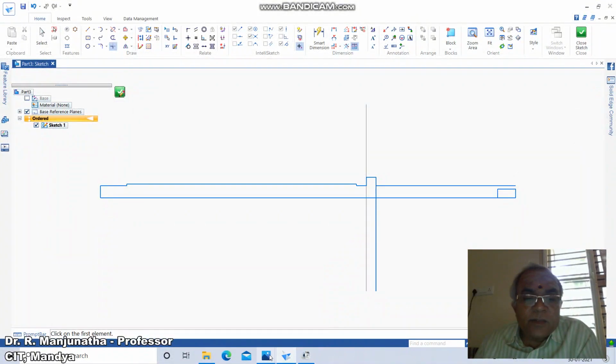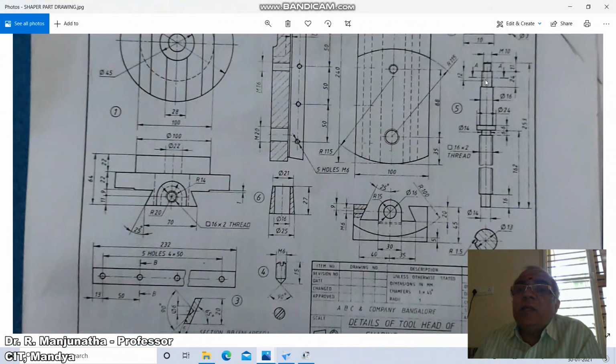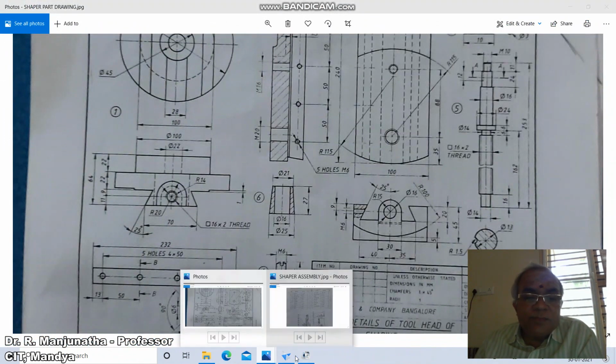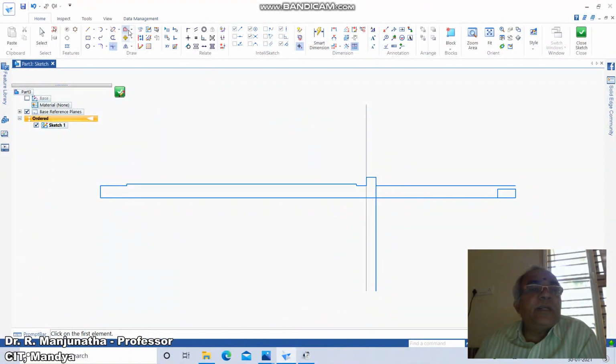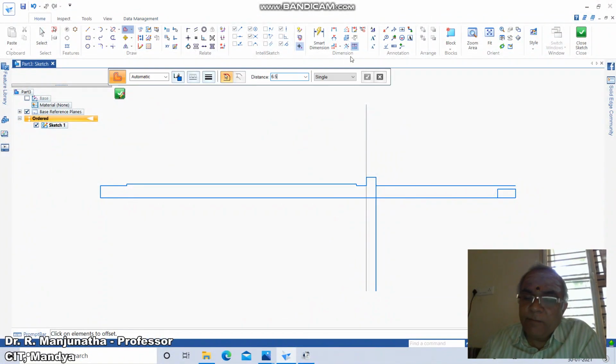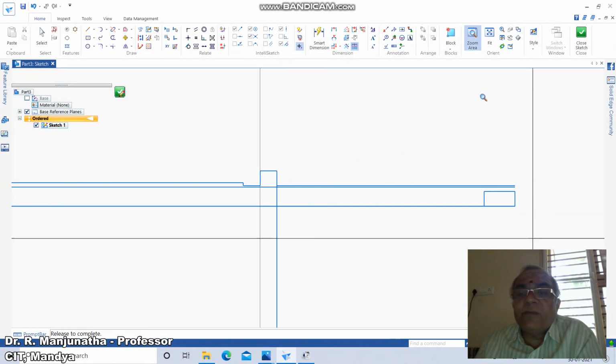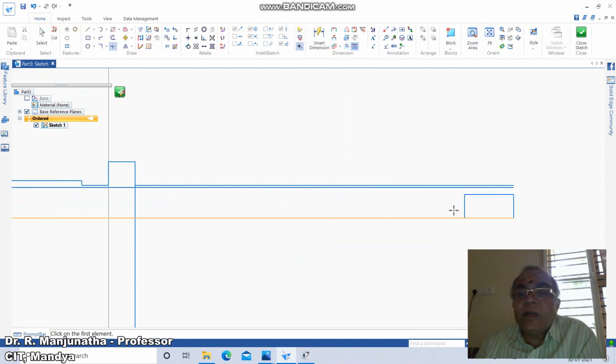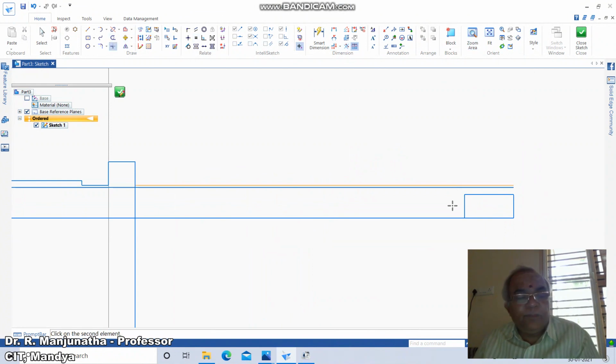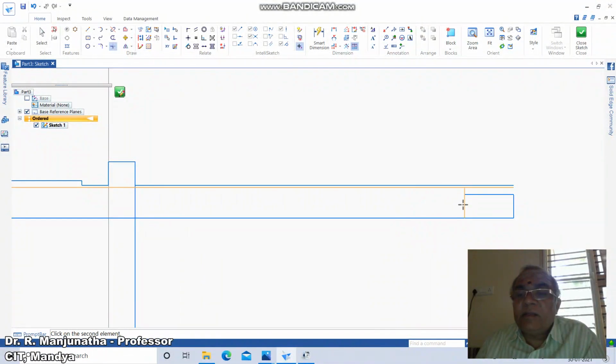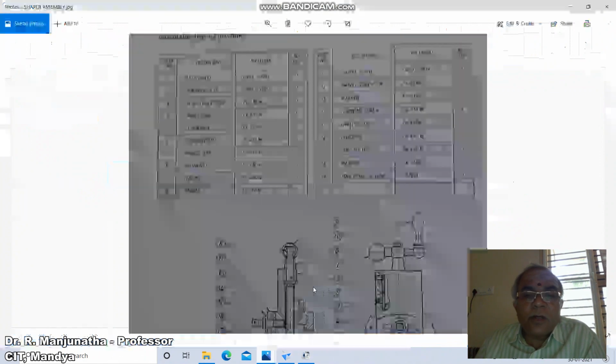Once you do that, then again you have a key of diameter 13. So go to Offset, take the distance as 6.5. From here you take 6.5, then Zoom Window, you take from here, go to Trim Corner between this line and this line, and between this line and this line. Now come down to this.